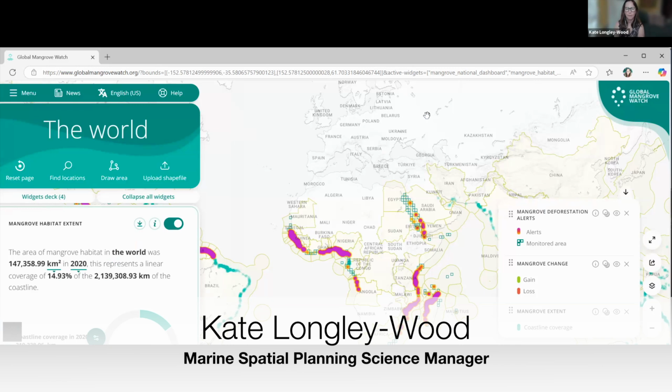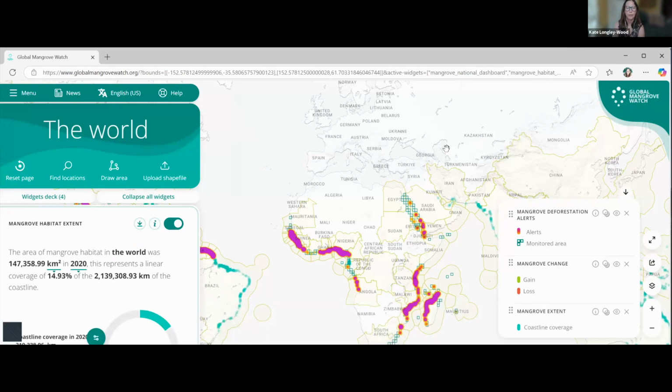Hi, I'm Kate Longley-Wood from the Nature Conservancy, and I'm going to explain how the new dynamic legend feature on Global Mangrove Watch works. So the new dynamic legend feature allows you to customize the layers that you can see